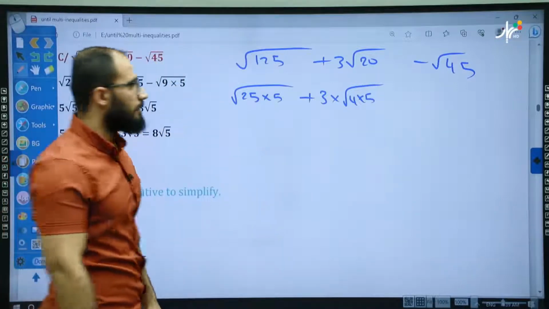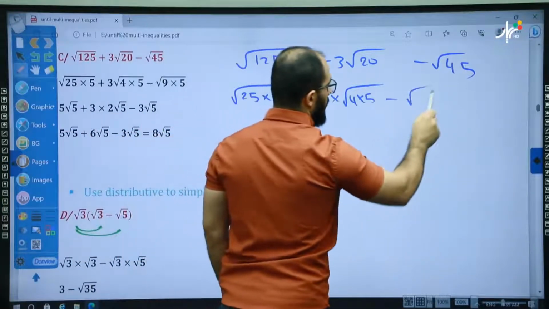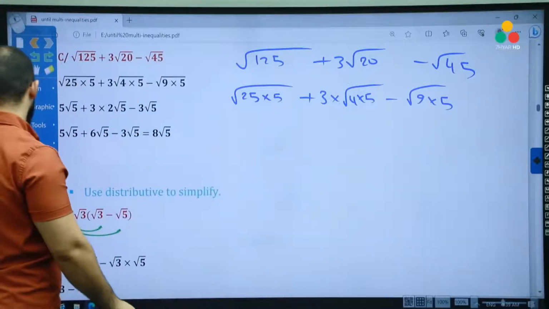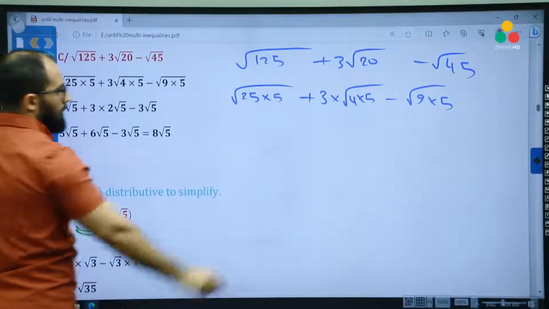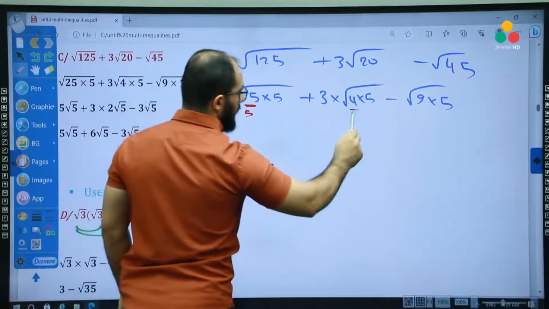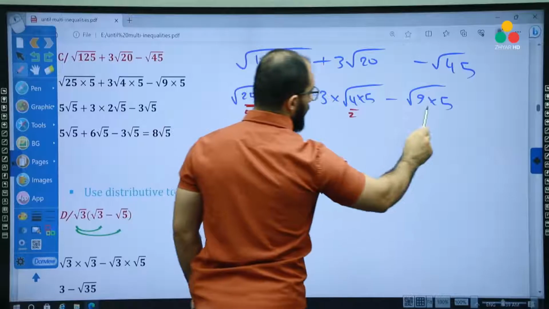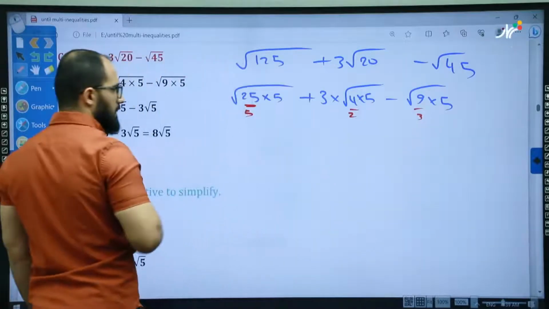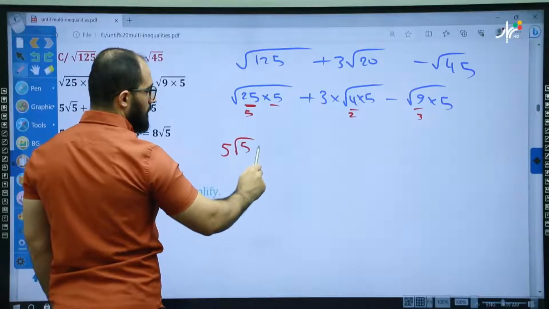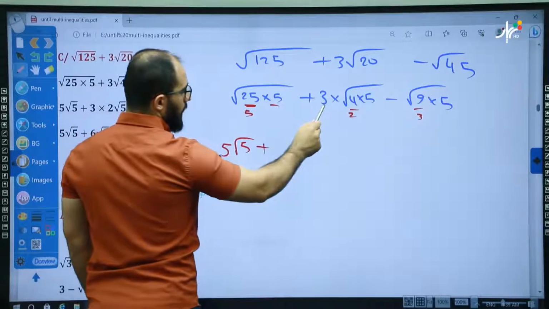What about 45? 45 is 9 times 5. So the square root of 25 is 5, the square root of 4 is 2, and the square root of 9 is 3. Then the result is going to be 5 square root of 5 plus 3 times